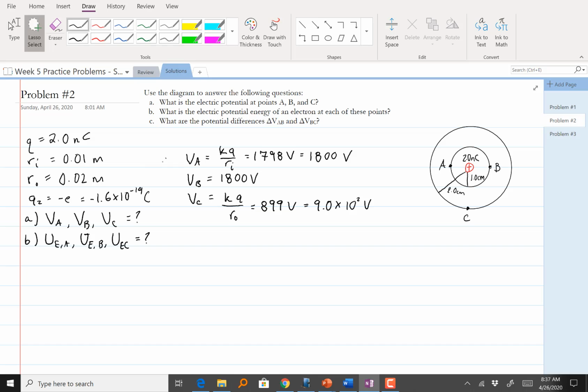All right, for part B, there's two ways that I can do this. The most straightforward way is using that very first equation that we wrote down. So the electric potential energy is equal to the charge that's in that field, not the one that's creating it, times the voltage. And so what we're saying is, if I just take the charge of that electron and multiply it by the voltage that I've found at each of these points, I'll find the electric potential energy at each of these points. And so if I do that,